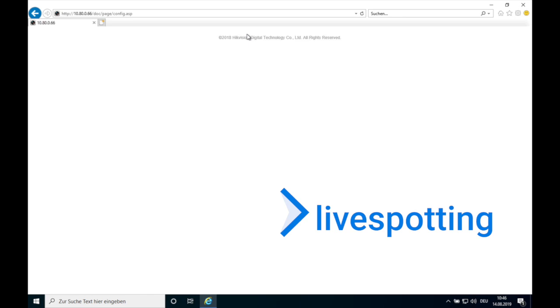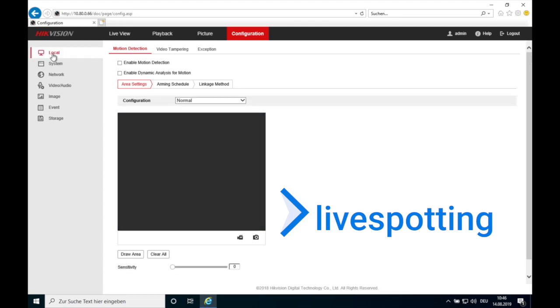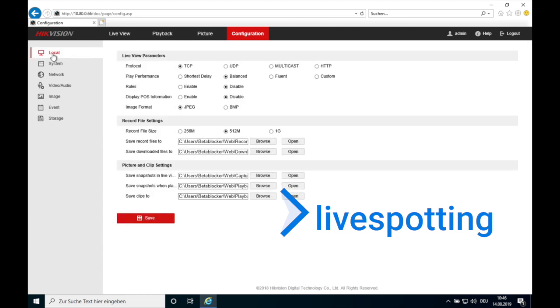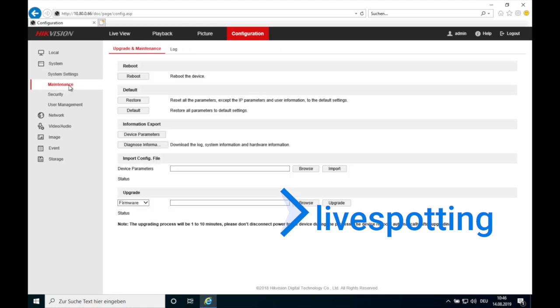So let's switch to the configuration. Let's start at local. This is the main area of the camera subdivided into configuration of the local view. You can set it up here. System with the known maintenances, areas for booting and updating the firmware.